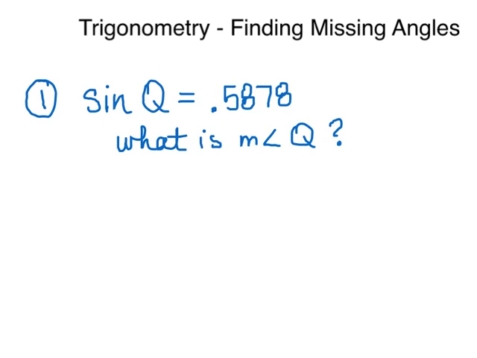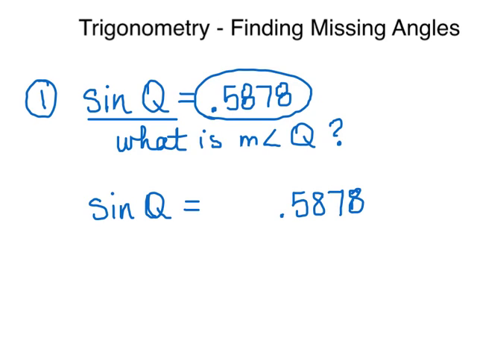So look at example 1. Say they tell you that sine of q equals 0.5878. And remember, that could be a fraction that was changed over to a decimal, so it is a ratio of a side over a side written as a decimal instead. So what they want to know is, if sine q equals 0.5878, what is the measure of angle q? Because remember, q always has an angle in that spot right after sine. So what you're going to do